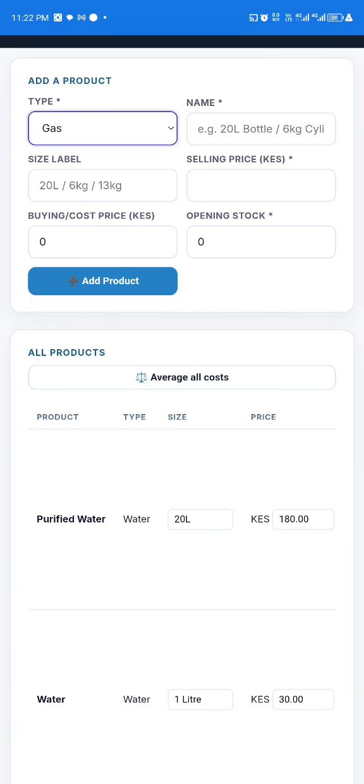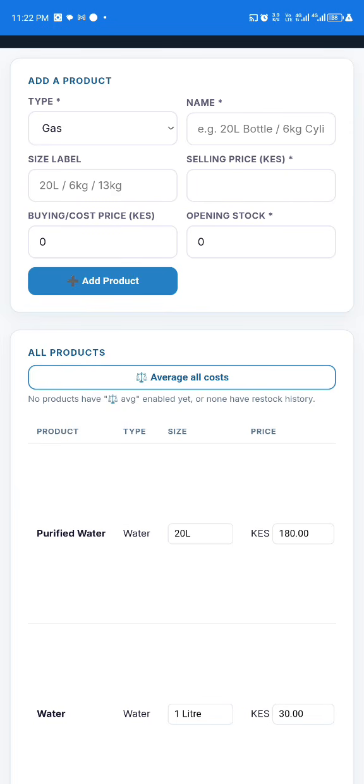Then we have an average cost. Okay, this one is used in case there is a change in price. Let's assume last week you picked maybe 10 barrels of gas at 500 shillings each. Then the prices rose up. Maybe today you just pick them at 800 shillings. And maybe you had not finished your old stock. So this one will balance